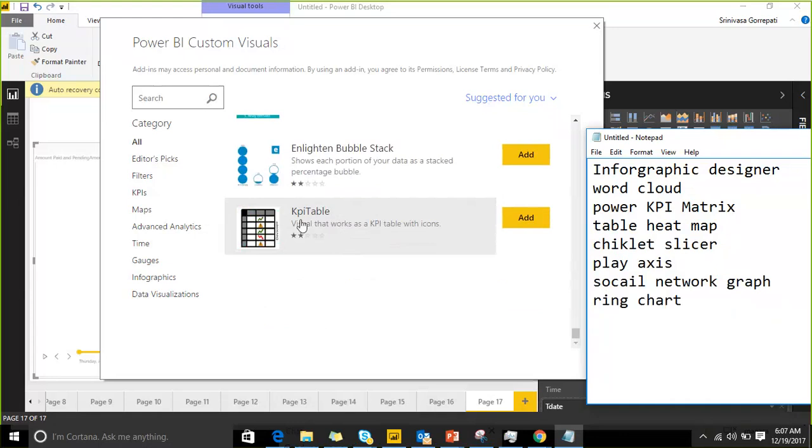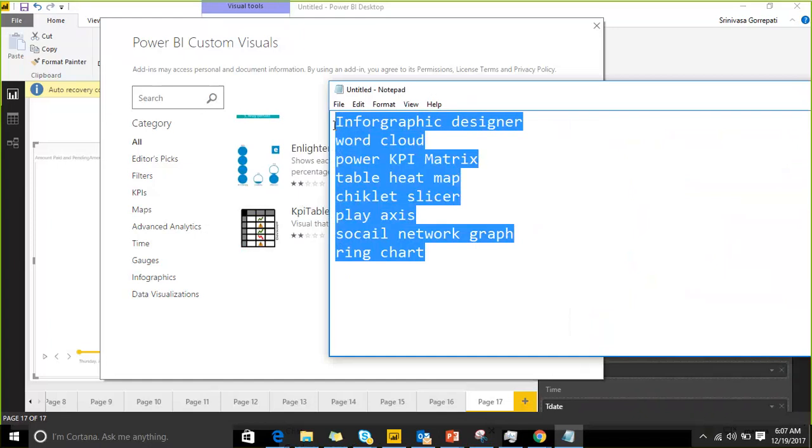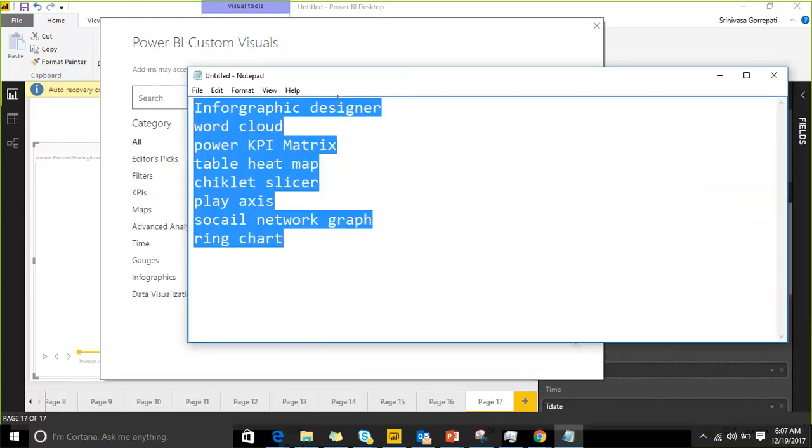Okay, so download these custom visualizations and practice them, so that will help you as part of interviews and as part of selecting your visuals. Everyone uses the donut chart and pie chart, right? All the places have the same things. So try to download and use these, and if anyone has an issue downloading them, I will upload these custom visualizations